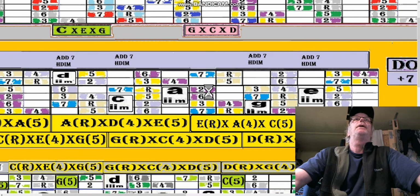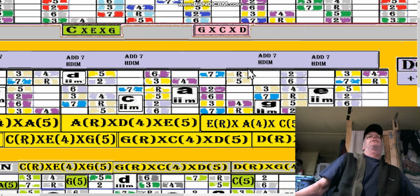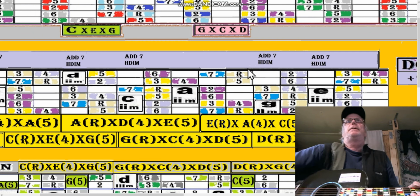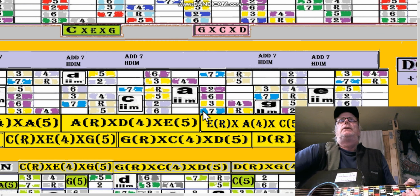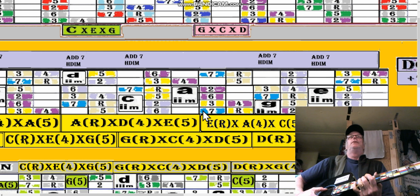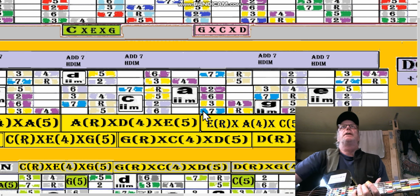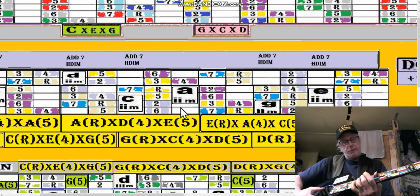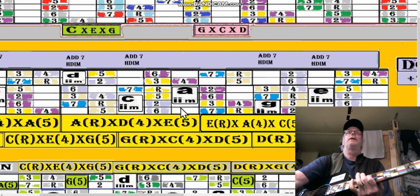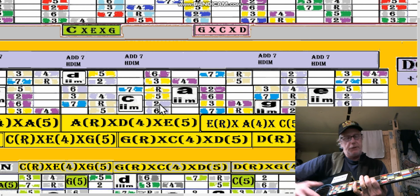Let's try one of those. Okay, so say we're going to start from this 7 here, right? So it'd be here. We're going to skip the 6th and go to the 2nd there. So we go something like 7 to the 2 there, then 2 to the 4,